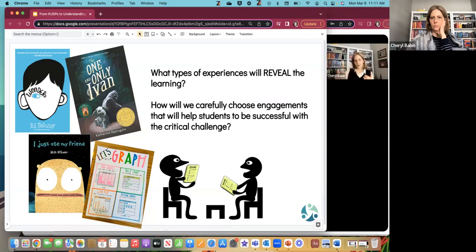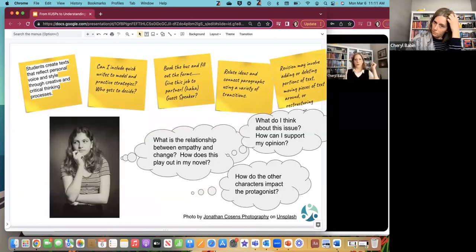And so through practicing all of these types of things, we need to start to put all of these ideas together in some way, because we know that inside the brain of a teacher, we've got certain aspects of learning outcomes, and we're wondering, can I include quick writes to model and practice some strategies? How can you be really persuasive as an exit ticket one day? Oh, we want to see a performance, and I've got to do this field trip in these forms. There are all these different pieces bouncing around in the minds of teachers.